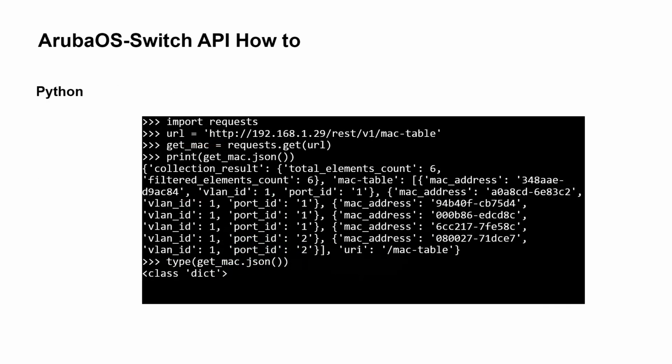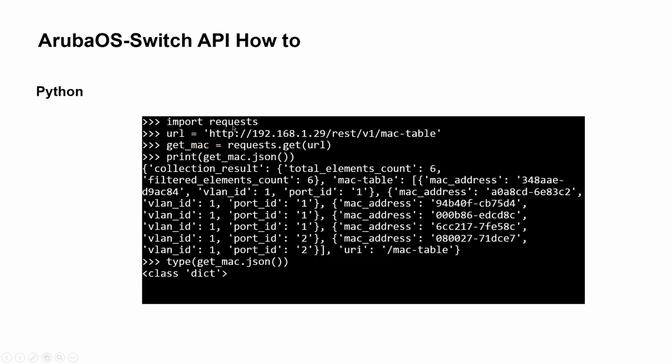Now, here's a really simple example. As I mentioned, there are different ways to grab this information from the devices. This is a way of getting it via Python. It's very simple. There's really not much to this. It may look quite hard to read if you've never done this before, but there really isn't that much to it. I'm using a third-party library called Requests, which is the de facto way of doing this within Python.